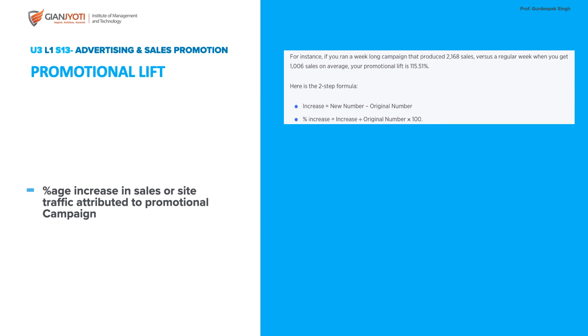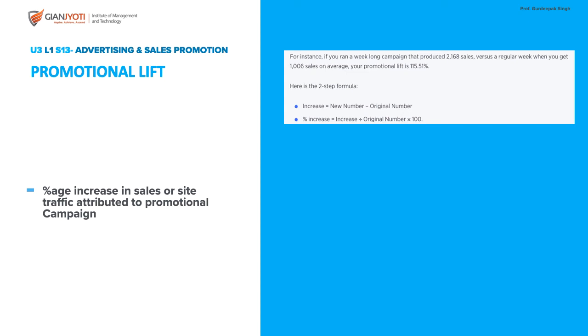There is one term which we also use as a metric for ad performance: promotional lift. What is promotional lift? It is the percentage increase in sales or site traffic attributed to a promotional campaign. That means you are running some promotional campaign, and in order to know the effect of that campaign, any increase in sales you record and you calculate a percentage increase, and that is what you call a promotional